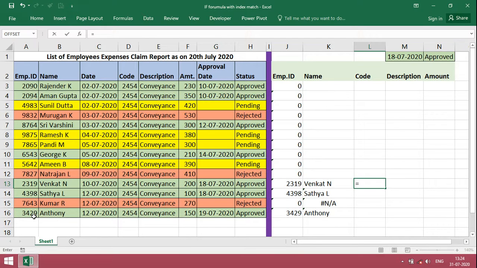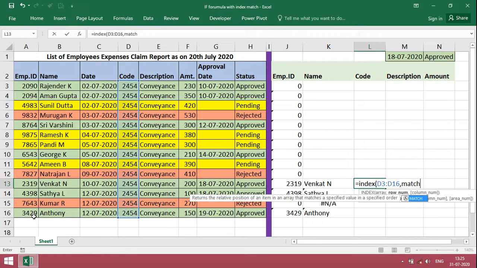Getting code, same way, index match. If it is multiple codes, then the index function will be very useful. Here we have given only one single code, comma, match,